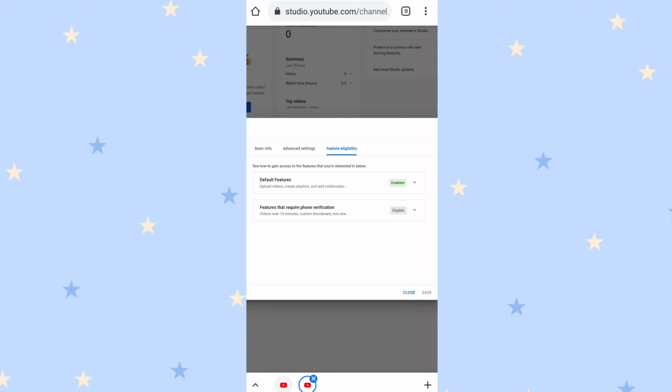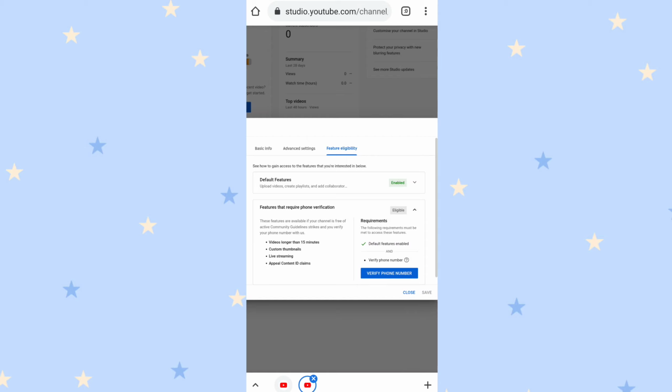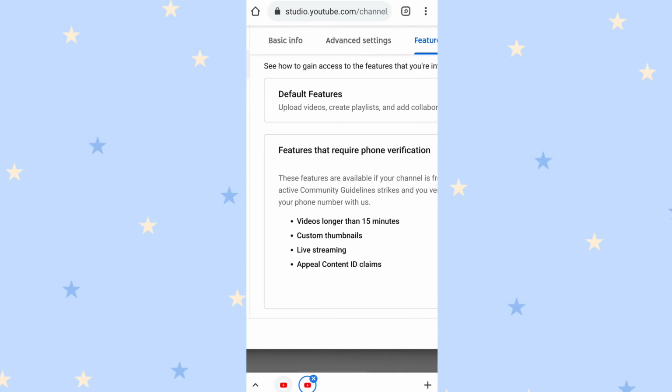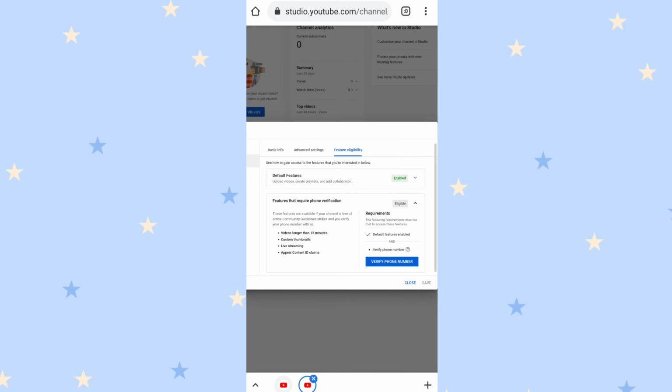You have to click on that arrow, and then the tab will open up like this, and here are some of the benefits of a verified creator. And at the bottom, as you can see, there is a verify button. These are the benefits and pros of verification.